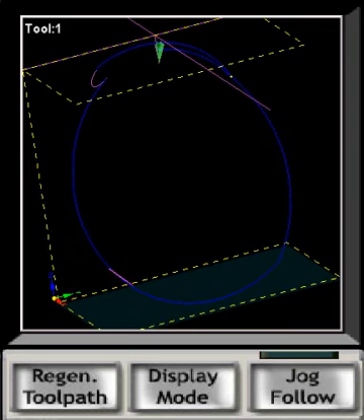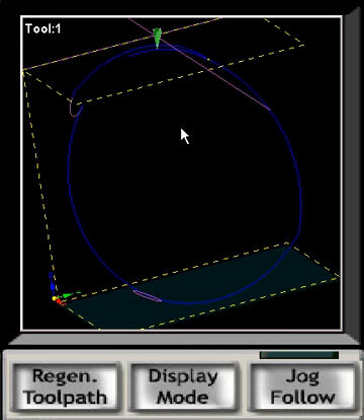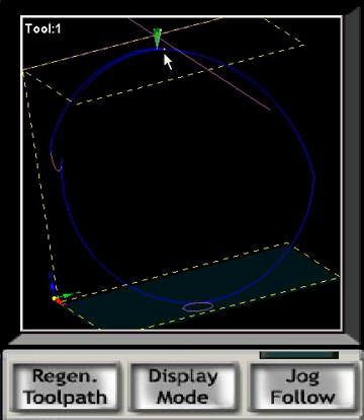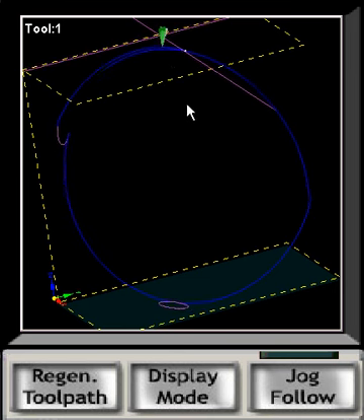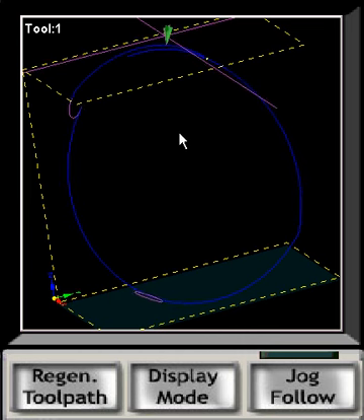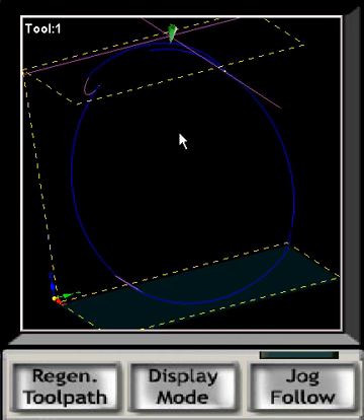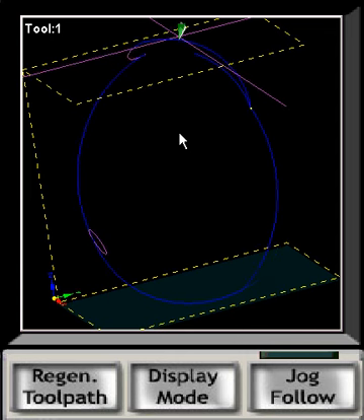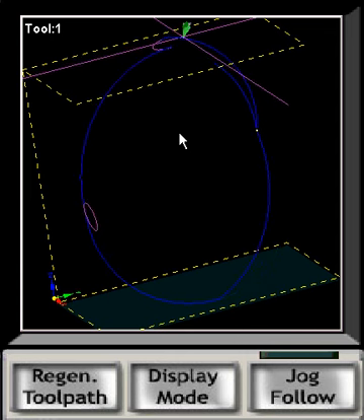I'm going to rewind the file. Now what you can see as it cuts, first thing, we're rotating to 0 to start at the yellow dot, which is our start point. And we begin to cut. Now you'll notice that the axis is cutting in the A, the X, the Y, and the Z all at the same time here. What you may not be able to see real close,